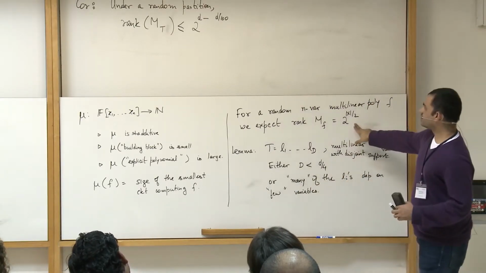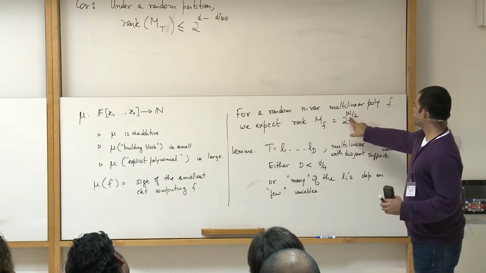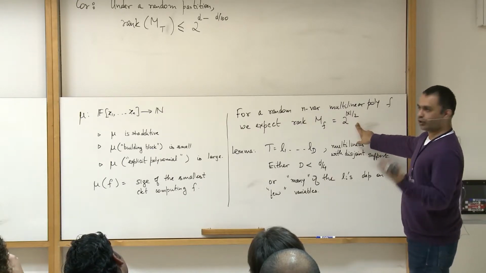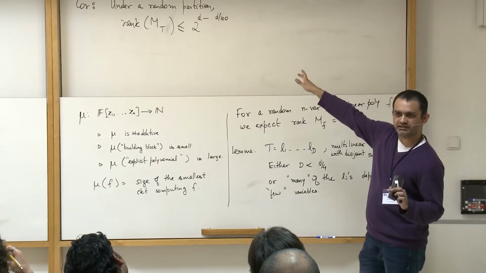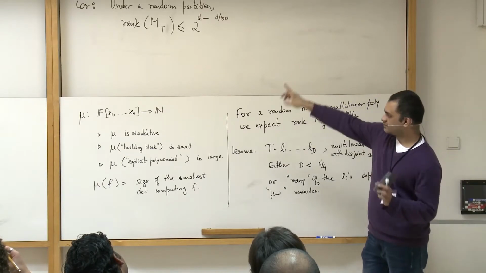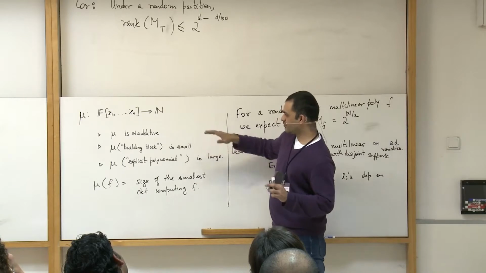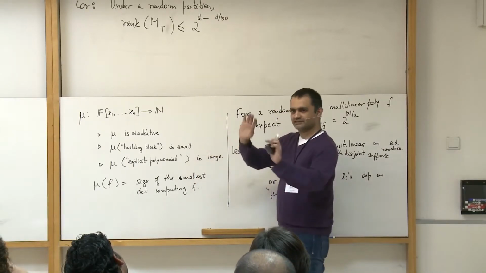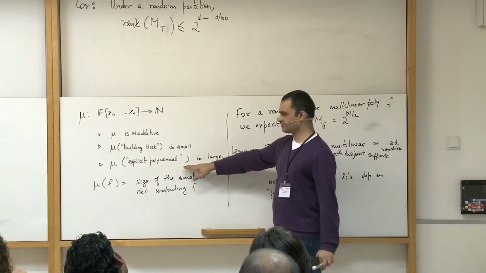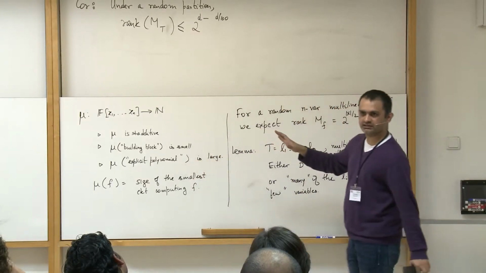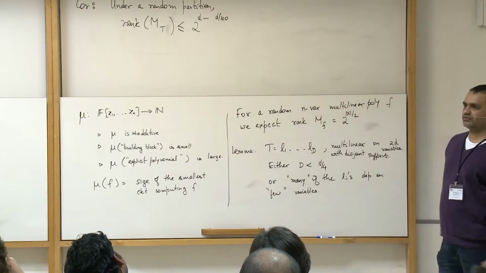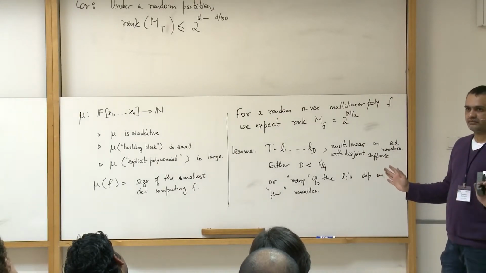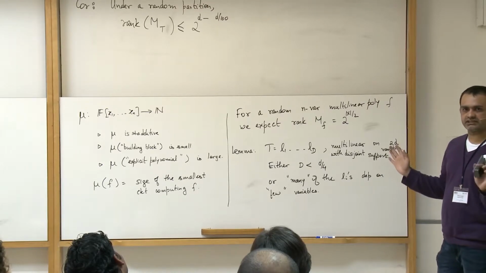And for a random polynomial, you expect this to be something like 2 power n over 2, which is like 2 power D. So the lower bound you get is something like 2 power D over 100. So, because you have a subadditive building block, and the goal, for some explicit polynomial, just take it from me that there are constructions of explicit polynomials for which this is full rank. And this gives the lower bound for multilinear depth 3. Okay? So, was this clear?